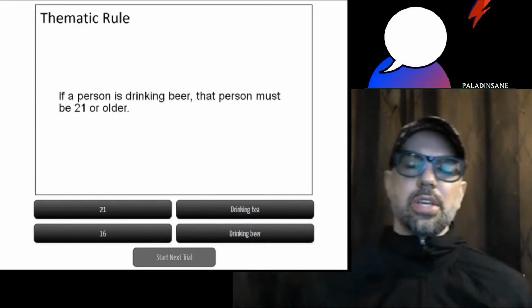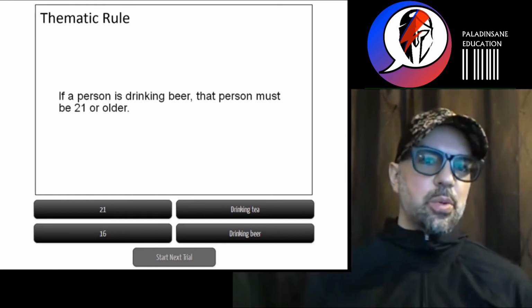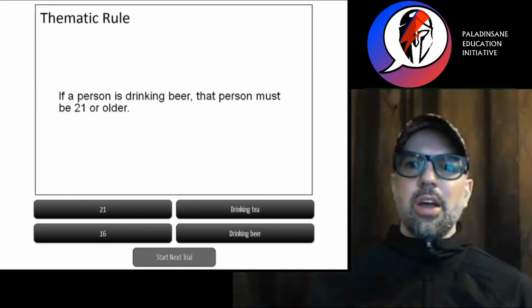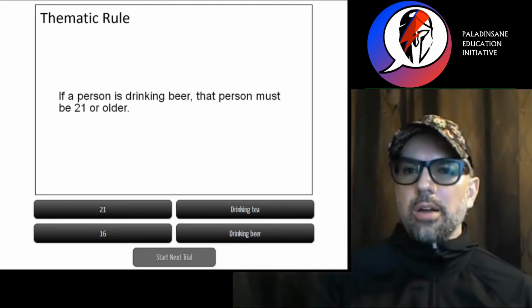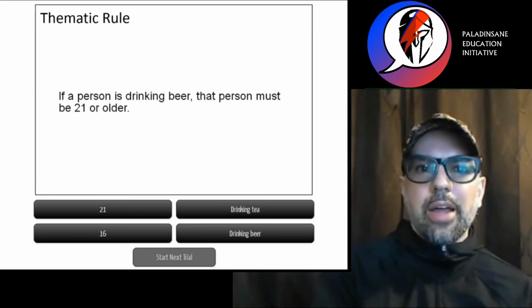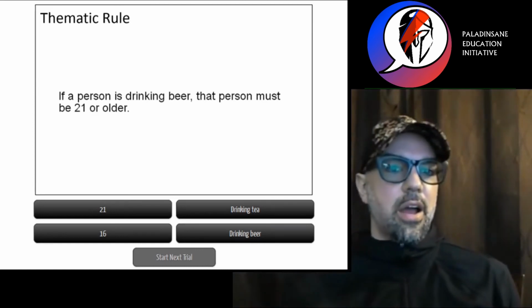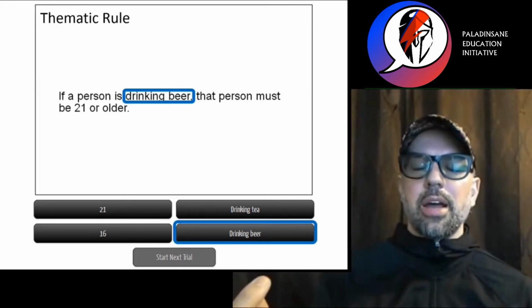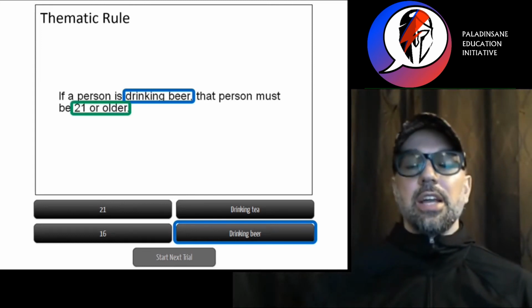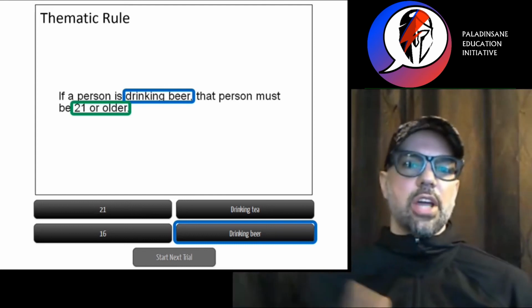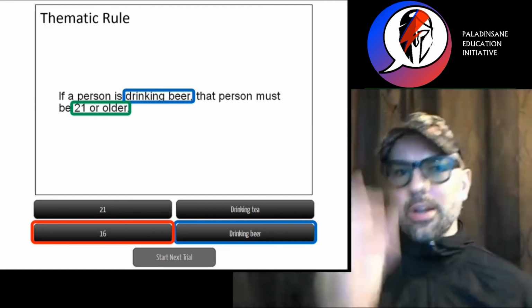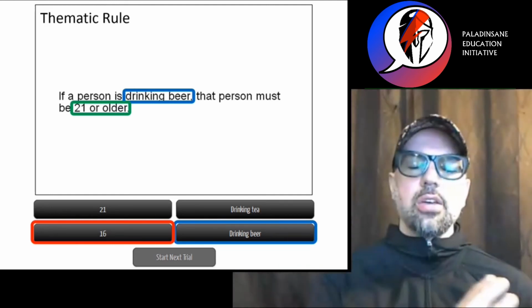And then on the thematic rules, you can see that it kind of gets a little bit easier. Because for this one in particular, if a person is drinking beer, that person must be 21 years or older. We just kind of immediately know that the people we need to check at a party, in order to follow this rule, are the people that are drinking beer and the people that are underaged, right? So the people that are affirming the antecedent, they are drinking beer. So we got to check the IDs of everybody that's drinking beer. And we have to check everybody that is not 21 years or older. We have to check, for example, the 16-year-olds to make sure that what's in their cup is not beer, right? So it's a little bit easier to do that, check your P and check your not Qs in this case,